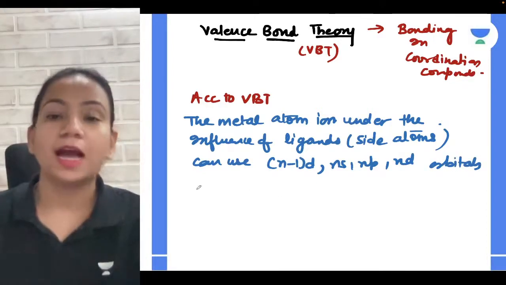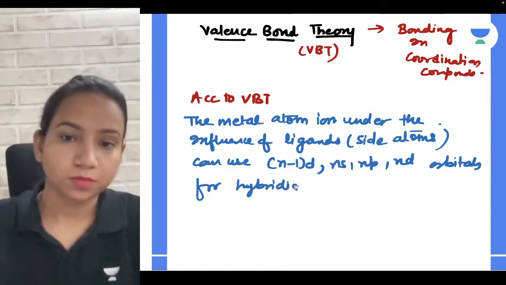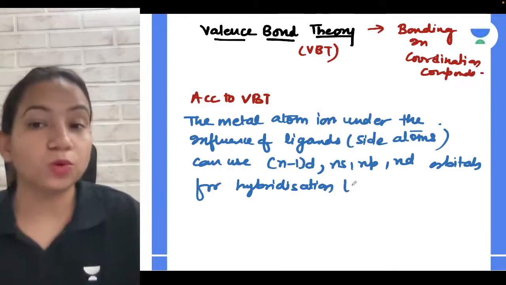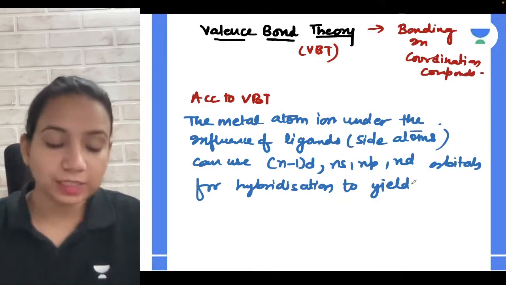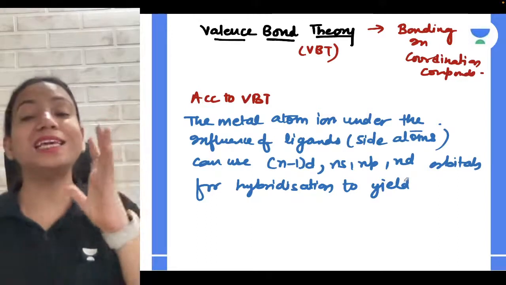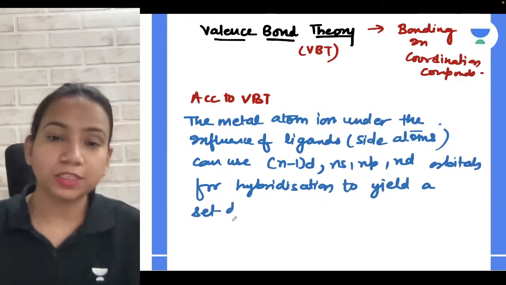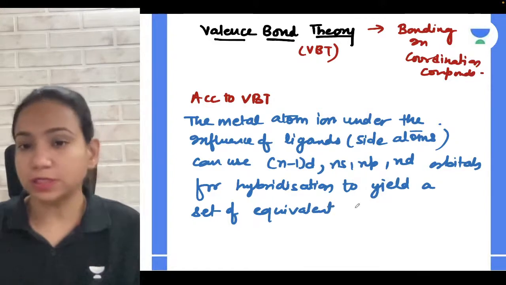Orbitals for what? Hybridization. Simple. And when it undergoes hybridization, what is going to happen? It yields a set of equivalent hybrid orbitals